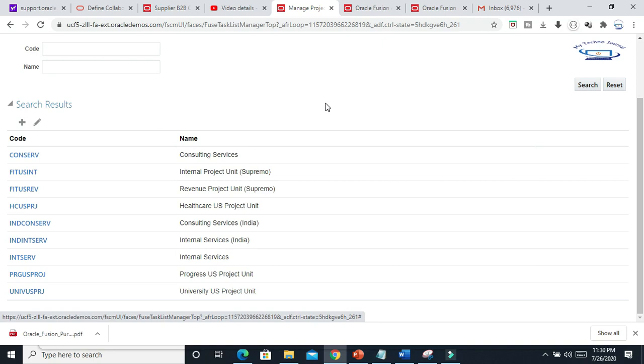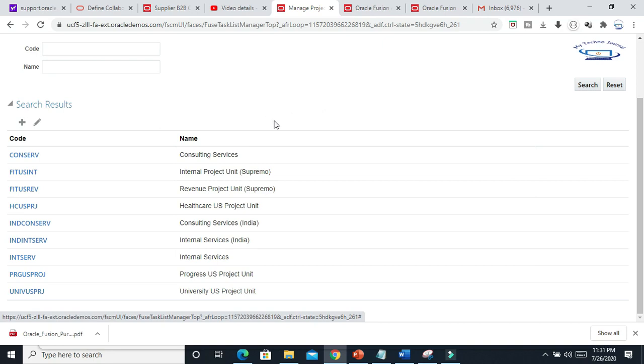In other words, project unit is the operational subset of the different kinds of projects or services you are doing. It is used to segregate the type of service the business is doing, so that kind of control you can maintain while defining the project unit.